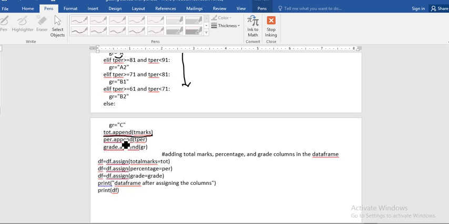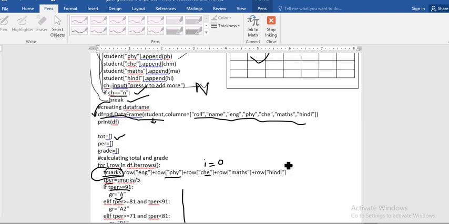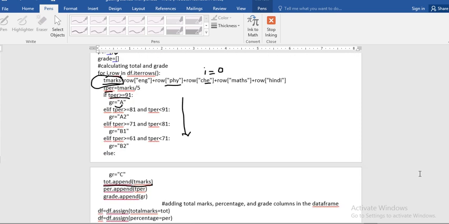And percentage dot append tper means this percentage is appended in the list, and grade dot append g means it goes in this list. After this, it returns again here.